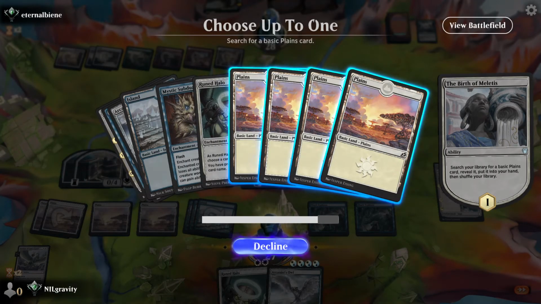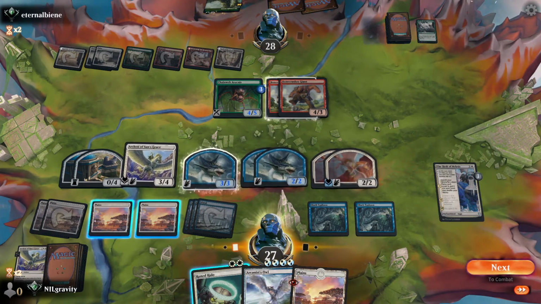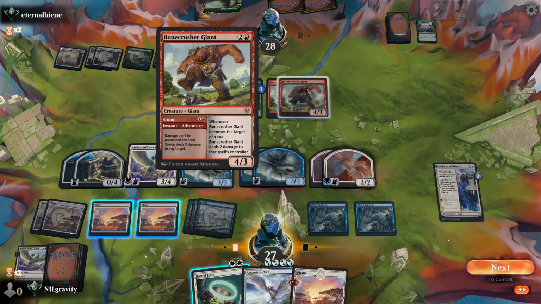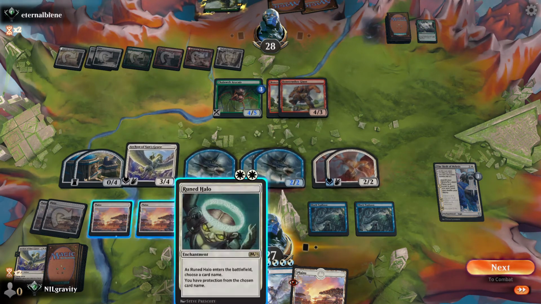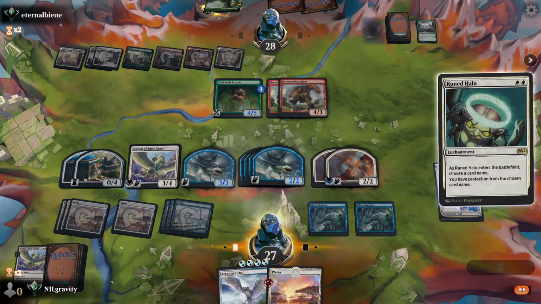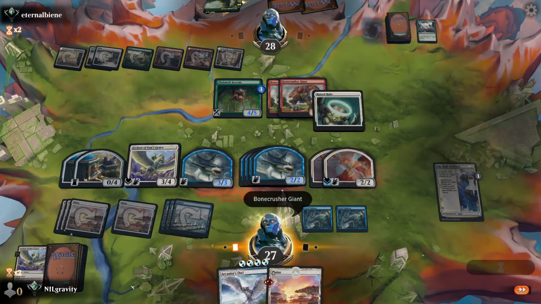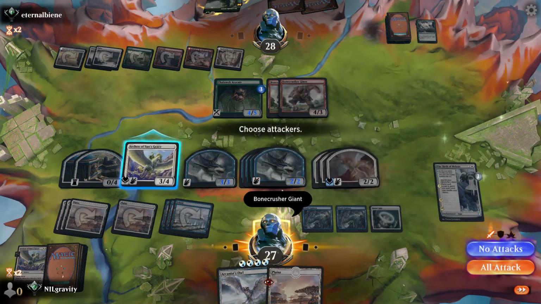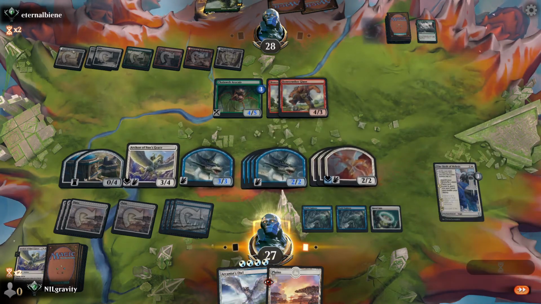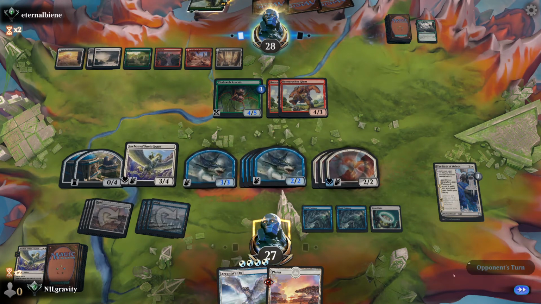The Arcanist Owl, I forget what it's called. I can't see it on the little screen that I'm previewing this on. It's not an enchantment, so it does not trigger the Archon. And it's a creature, so it doesn't... oh, it's Arcanist. That's what it was. And it's a creature, so it doesn't trigger the Shark Typhoon, so